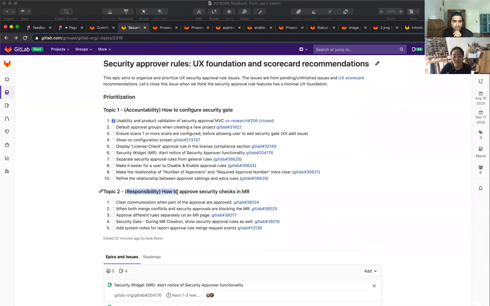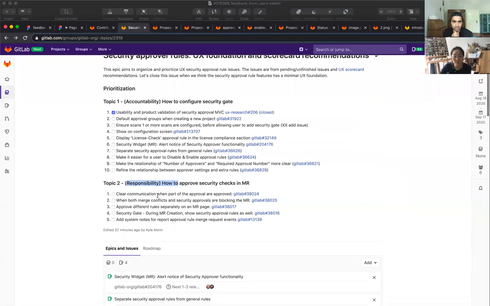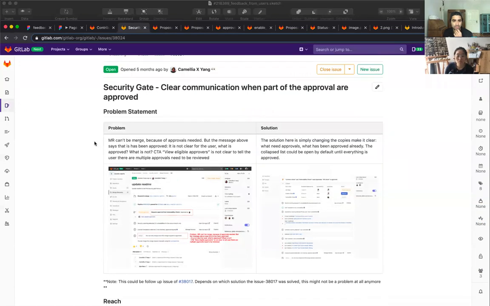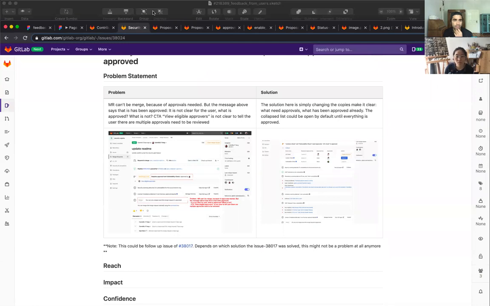Okay, so this section, again, is just for those responsible, meaning the developer persona, the one who didn't set up the check, but who has to comply with it or may find themselves in a disallowed merge request. Do you want to talk about this one, Camelia? Yeah, so if we click on the problem first,